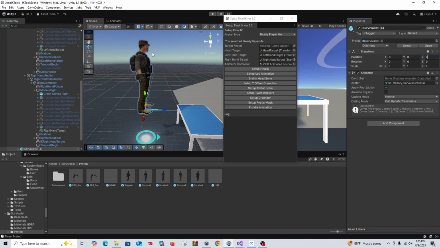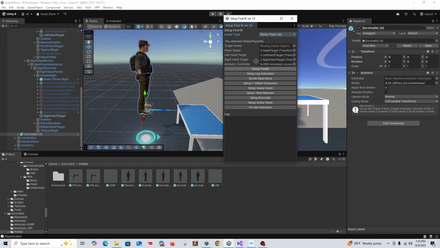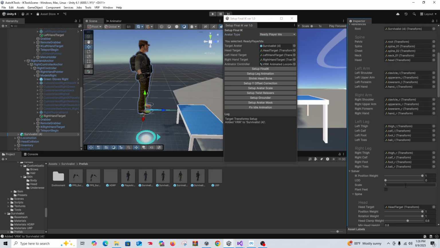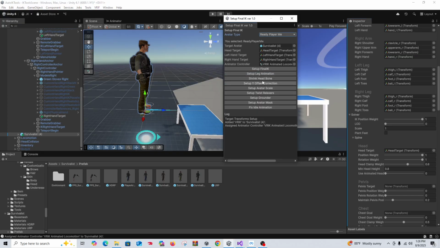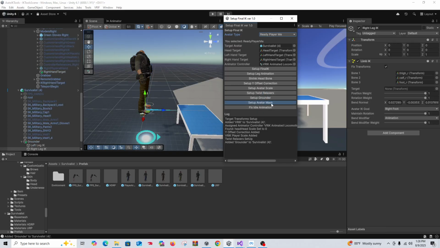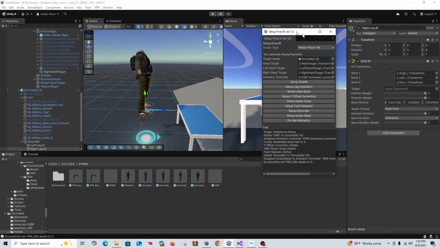All right, so if I just throw this on here, okay, there's nothing I'm going to be able to do to fix this with a tool, but I'm not even quite entirely sure how to manually fix it because I've never used this avatar before. His armature might be messed up, but if I set up my Final IK, it does the assignments like it's supposed to. Everything's normal. Actually, I'm going to set up my leg animation, just go through it. It will set up everything like it's supposed to, but